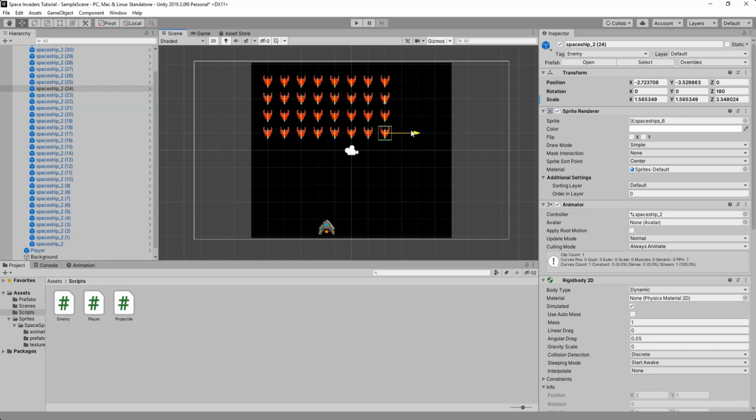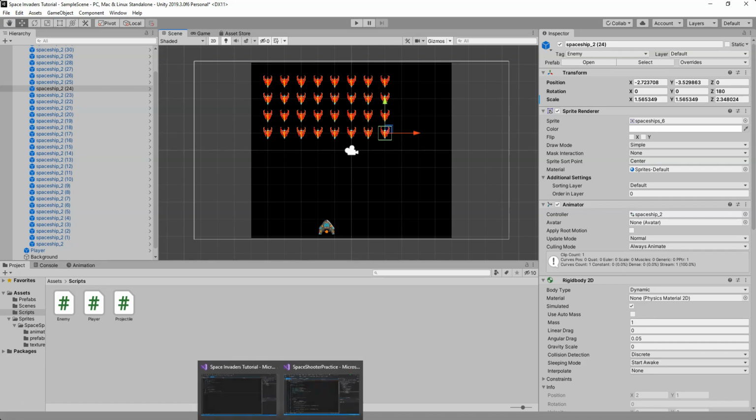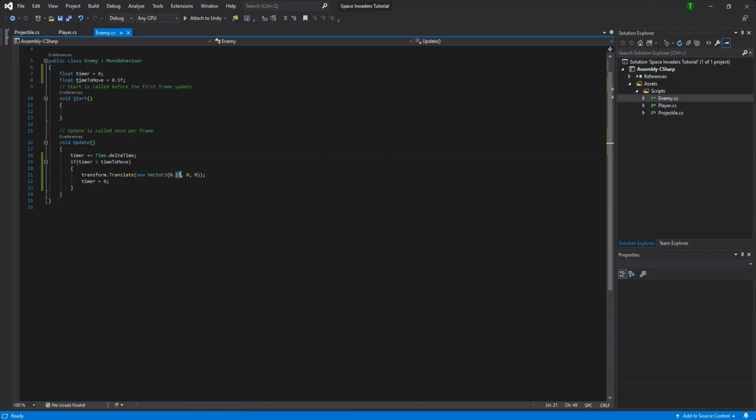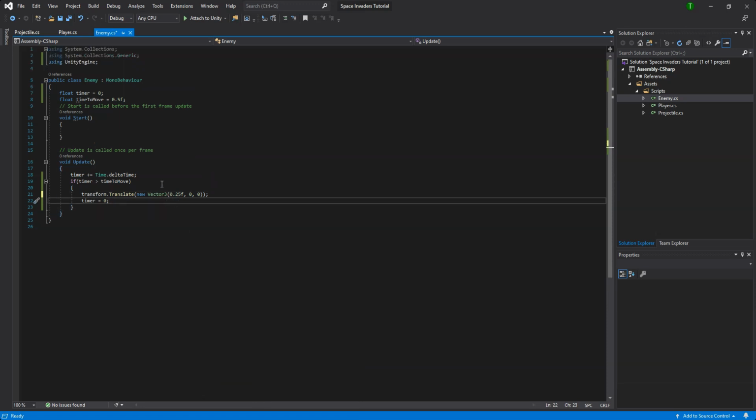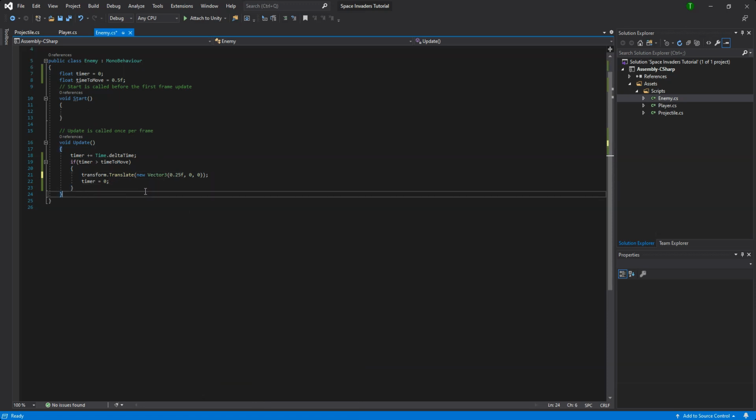So if we did this 14 times and moved it over 0.25, which is what I think I'm going to switch it to because I would like to move it a little bit more, it would take 14 shifts in order for us to go down to the next line. And so